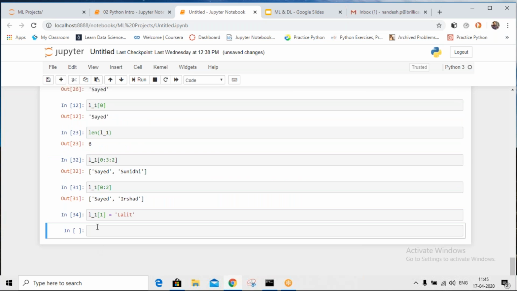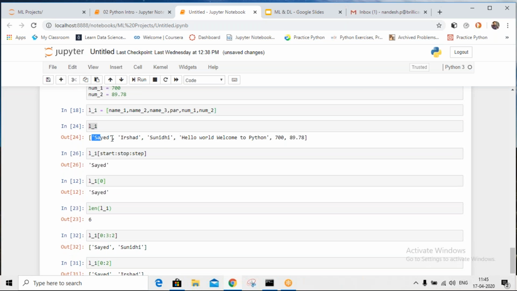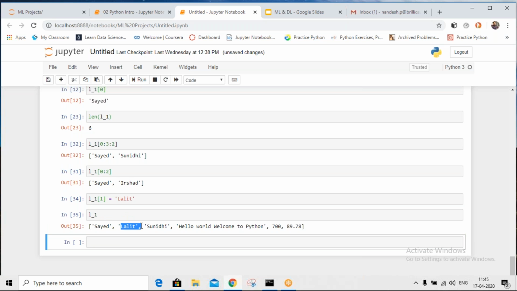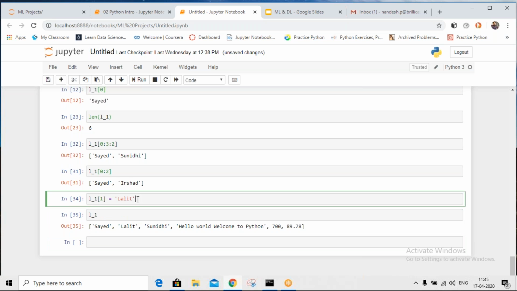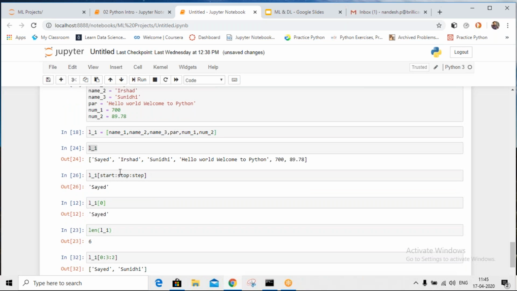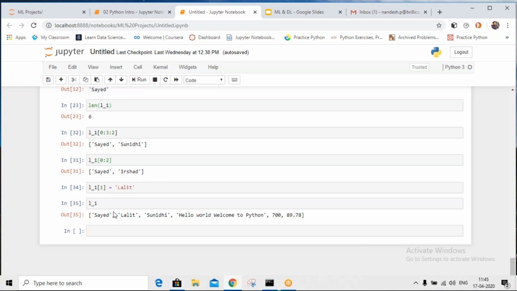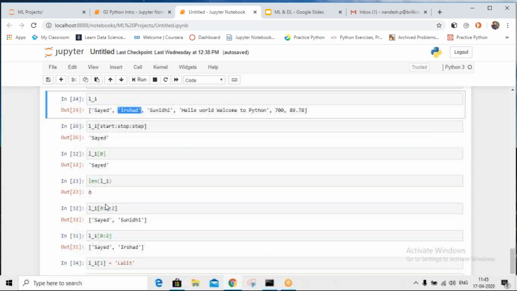Now if I go back and run my string, it was this: Sayyid, Irshad, Sunidhi, hello world and all. Now you can see it has been updated. This might come to your mind, that you want to change this, so you pass it in a square bracket and then assign something else. This usually happens, but this is not how you do it. This is the way that you can do it. Okay, now